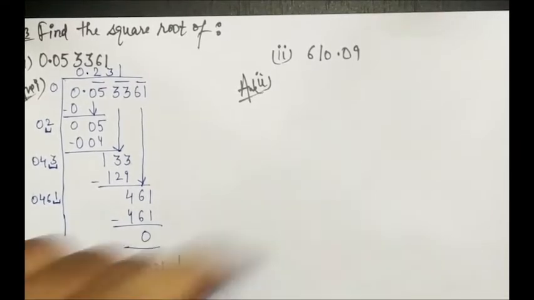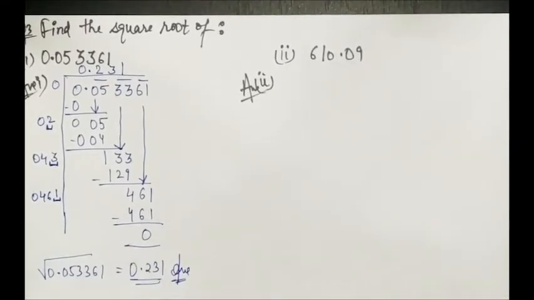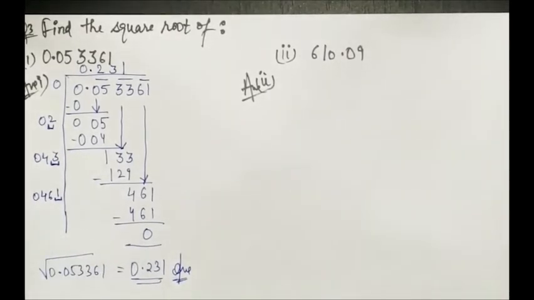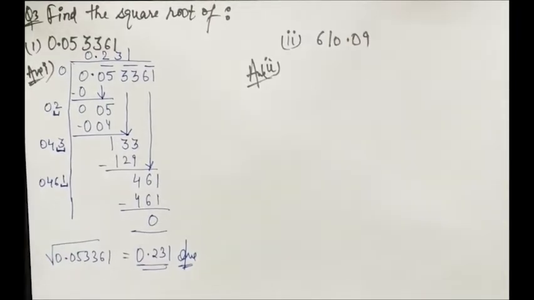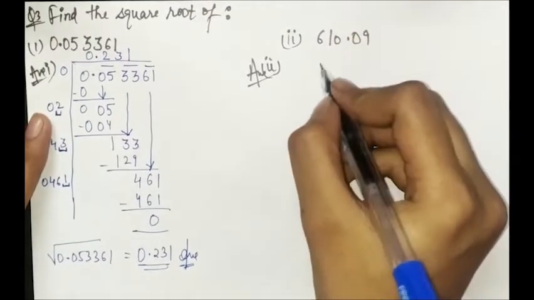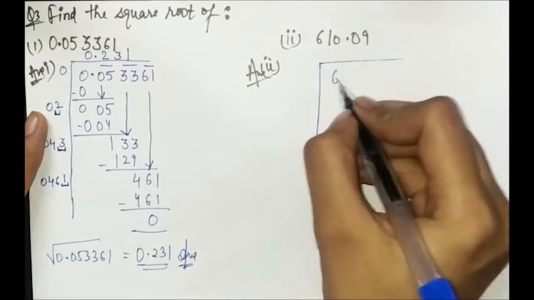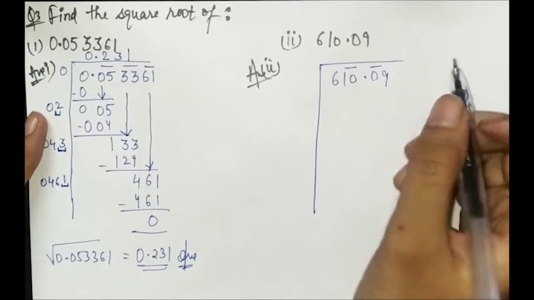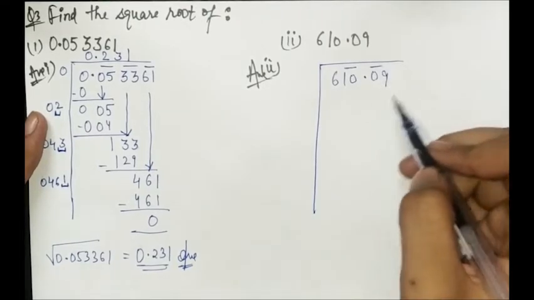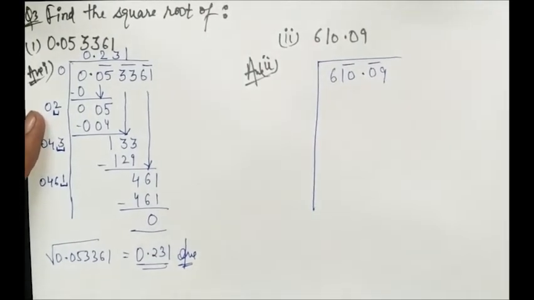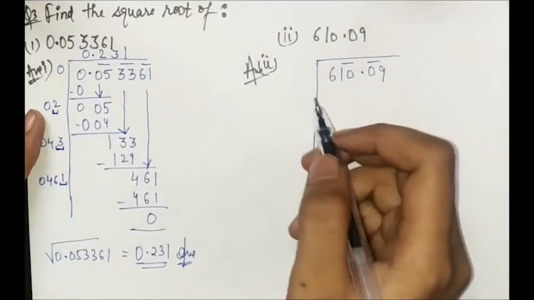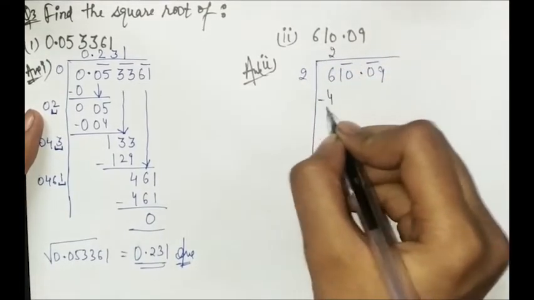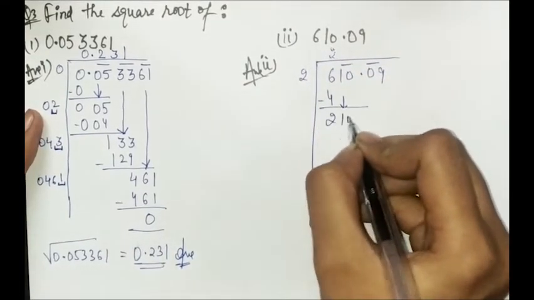Now this last part, but here I am writing second, as I am doing only 2 parts here only. So the second part is saying, in the third part, first we have to do the long division only, means firstly making pairs, 1 pair, 2 pair. You always remember that we will be making pairs from the right hand side. So first pair. Now you all know that 6 is not the square of any number, so we will be writing 2 into 2, that is 4, that is 210.